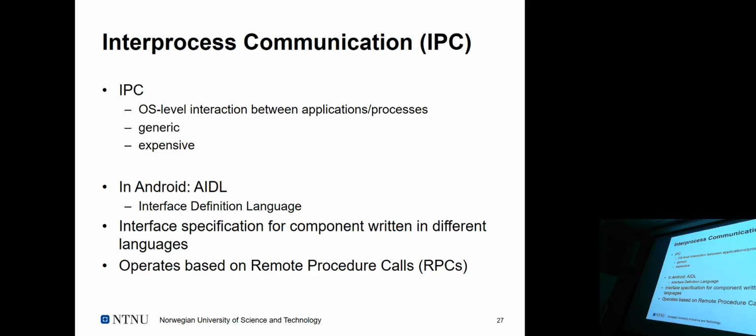So in Android, or in fact, in nearly all approaches to IPC, we have so-called interface definition languages. And in Android specifically, it's called AIDL, so Android Interface Definition Language, which is basically just a generic specification that allows you to describe an interface. That's roughly what it is. I mean, there's not much magic about it. And this implementation is then used, basically, methods. Think about it like method name, return values, and parameters, and so on.